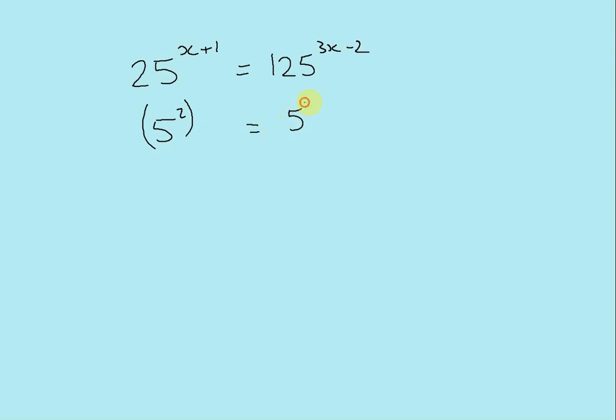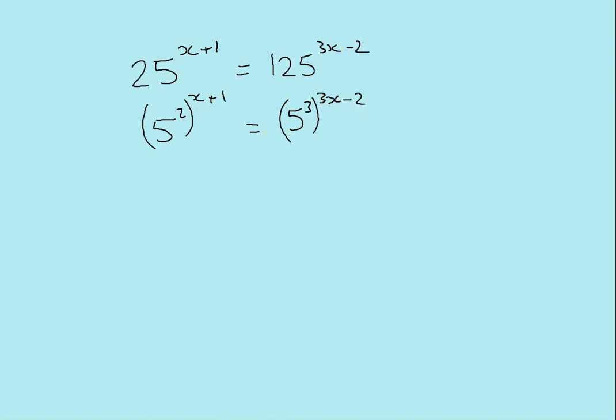Let's go for, I'm just thinking out loud here. So let's go 25 to the x plus 1 equals 125 to the 3x minus 2. Let's see what this does. Okay, so 25, if I raise that to another power, I get 625, so I've obviously gone past. So I can write both of these as a base value of 5. This is 5 cubed. So pop the powers on,